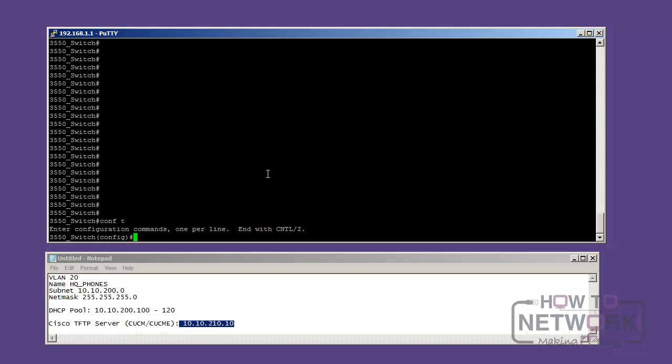So config T on my switch, and I forgot to say, you want to do this on a router, that's fine. I'm doing it on a switch. The process is the same, so don't worry about that. So config T, and the first thing I'm going to do, and you don't have to do it in this order, but I like to do the excluded addresses first. We'll say IP DHCP excluded address